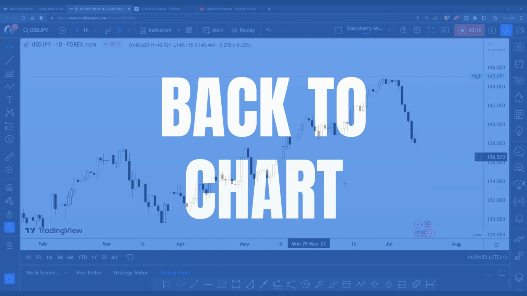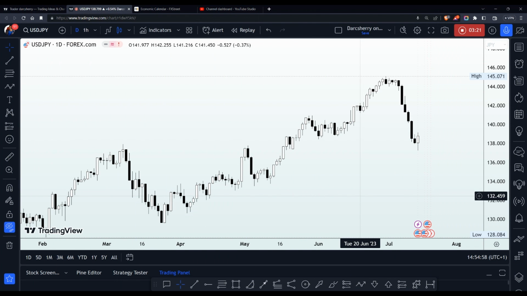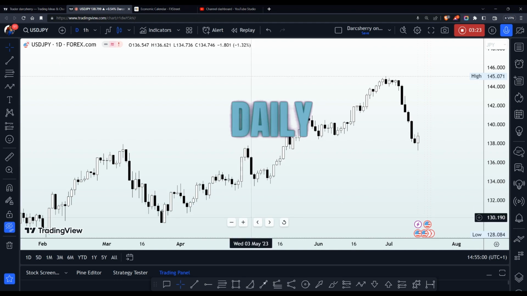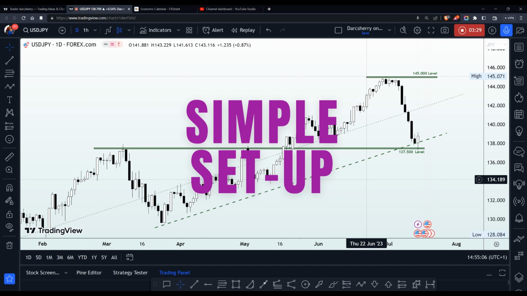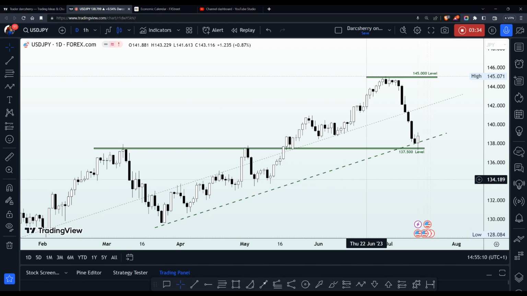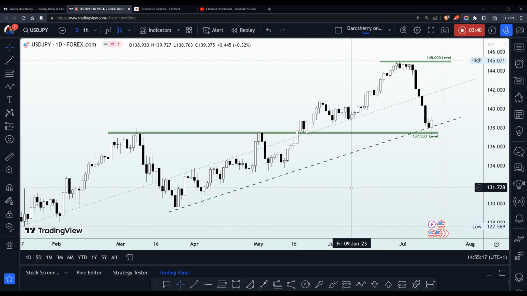So, with that being said, let's dive right into the business for today. We are going to be starting from the daily time frame, where I was able to identify a simple structure that will give us an idea of where price action is likely going to be going for the coming week. Now, looking at the daily time frame here, the first thing you will observe is how price action